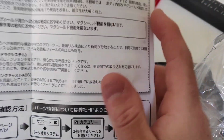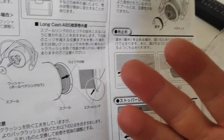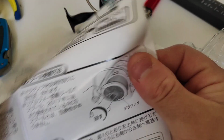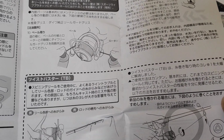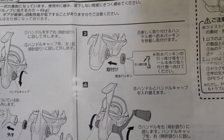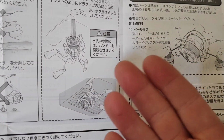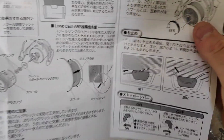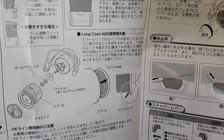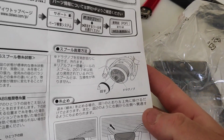And I love the fact that in the Japanese manual there are so many different images and drawings of the reel, what to do and what not to do with it: the lubrication, the spooling, how to assemble or disassemble it, how not to disassemble or wash the reel, how to maintain it. They say wash it under the sink for just a bit, then dry it. And how to modify the spooling if something isn't working properly, so add or subtract those little PE washers. Alright, now